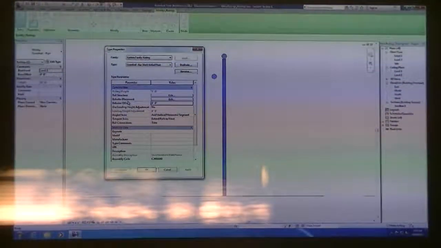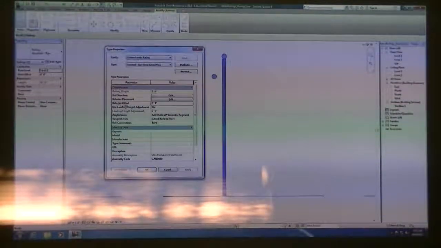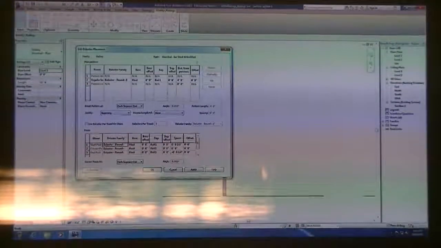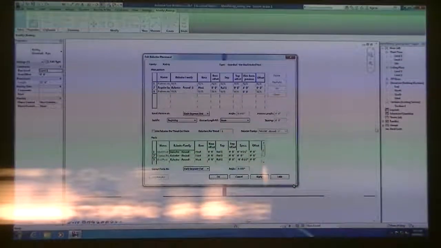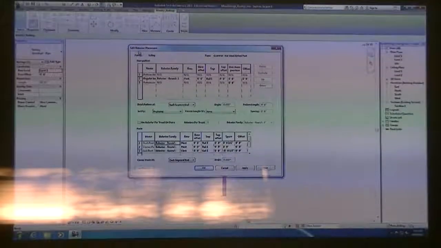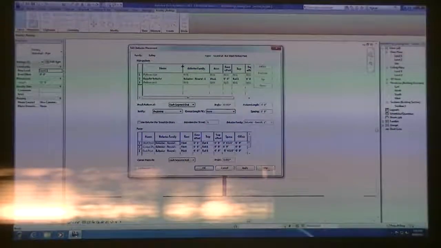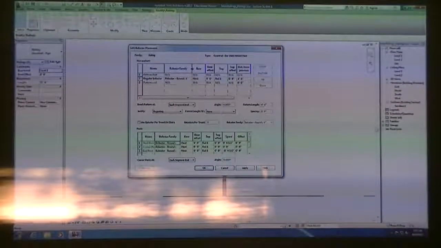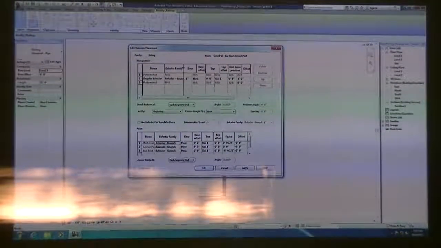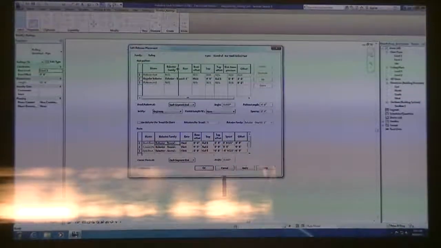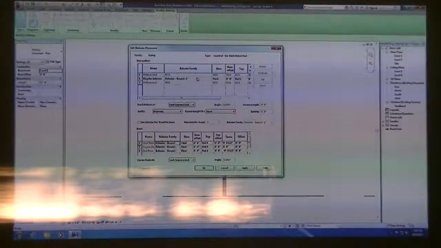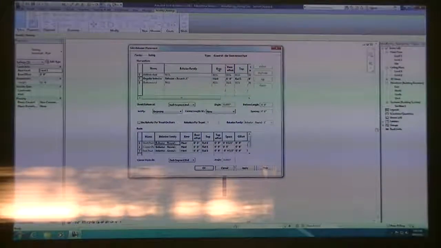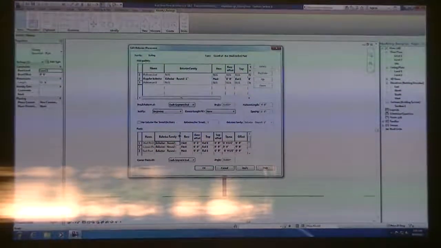So we need to add in our new profile that we just created. So under baluster placement, click the edit button. You get this dialog box that doesn't resize, which is kind of annoying because you can have some pretty long baluster names and you have to try to find them in this little window. You can stretch these columns back and forth if you can't read something, but I can't stretch the overall window any further. But what I want to do is under baluster family,